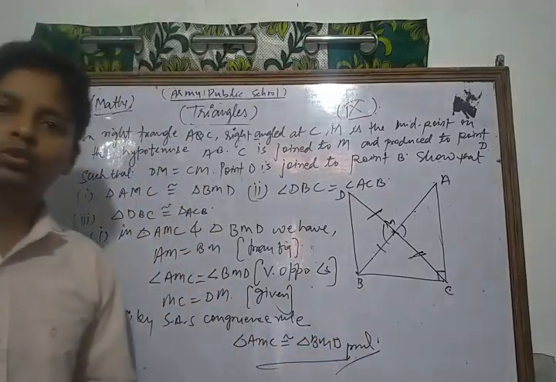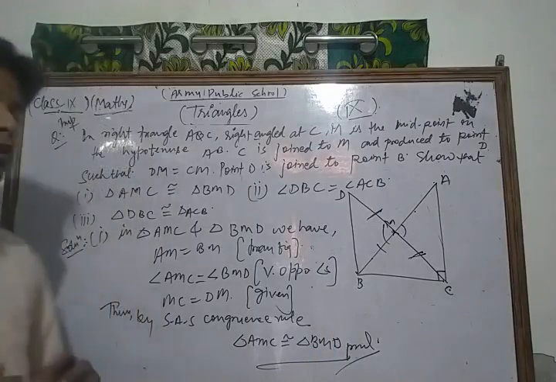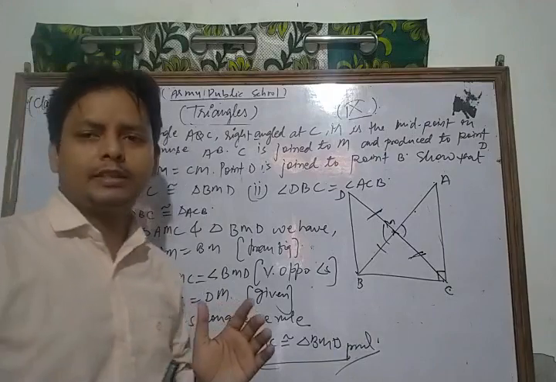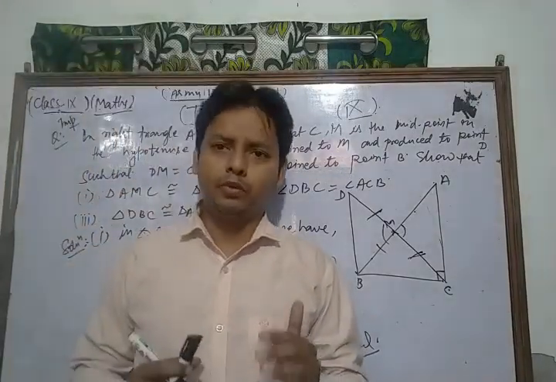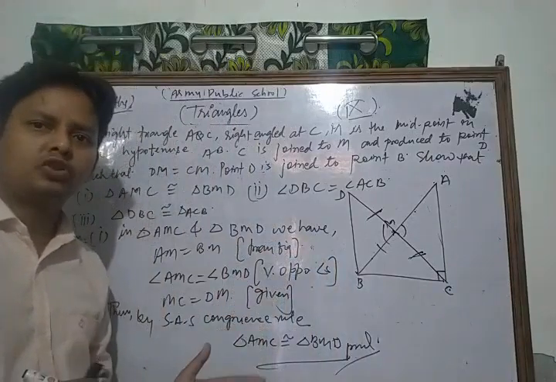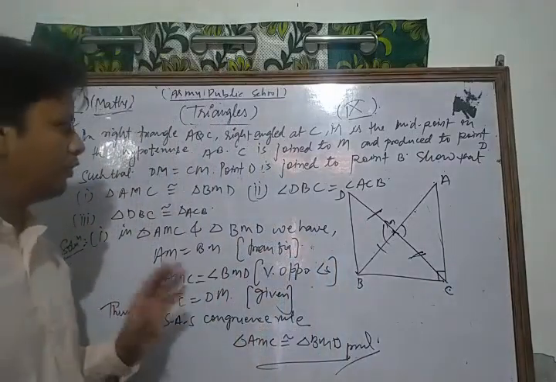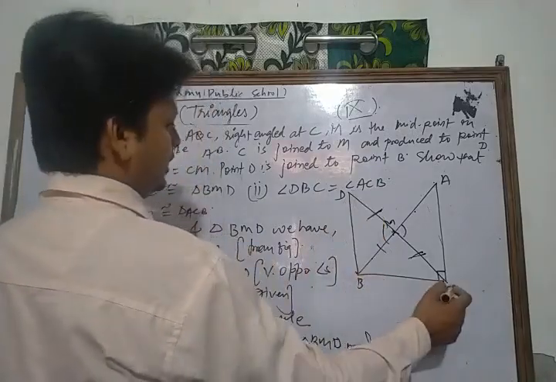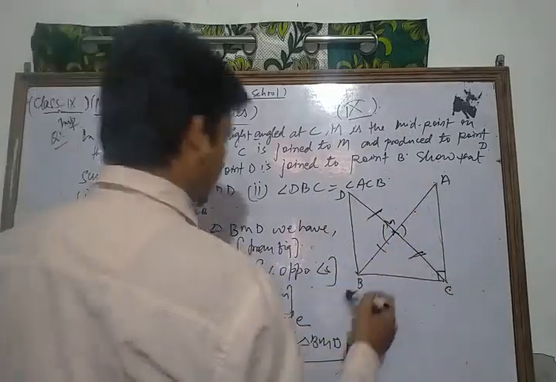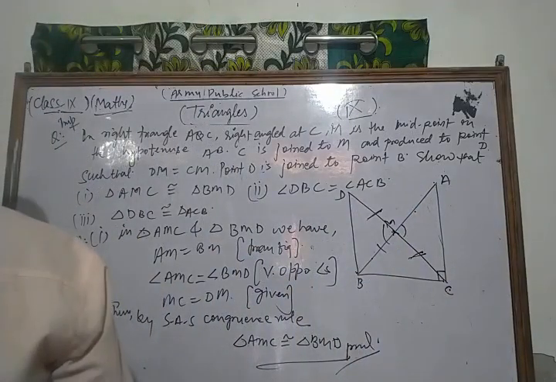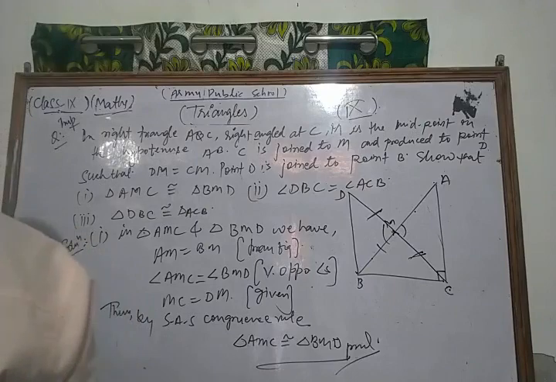So this is the process, dear students, to solve that type of question. Please do more and more practice of that type of question. After that, you can prove all the questions of your NCERT exercise based on these topics. Now we have to show triangle DBC congruent to triangle ACB. Now we take these two triangles.